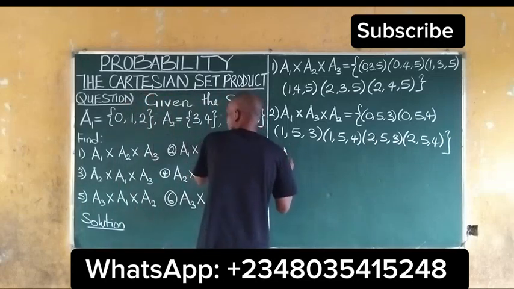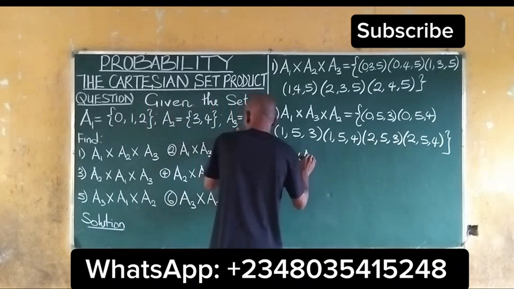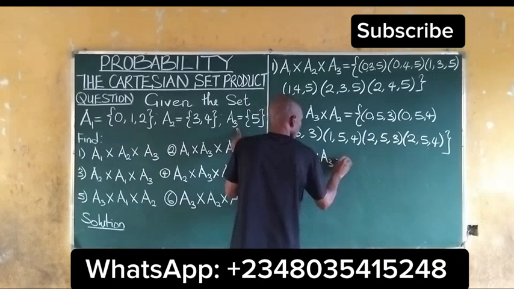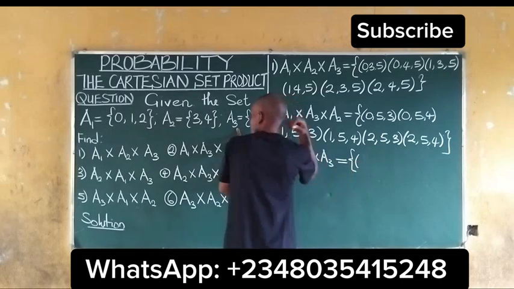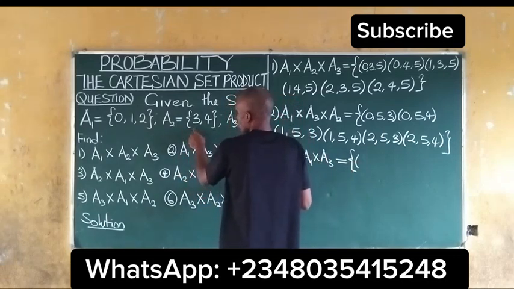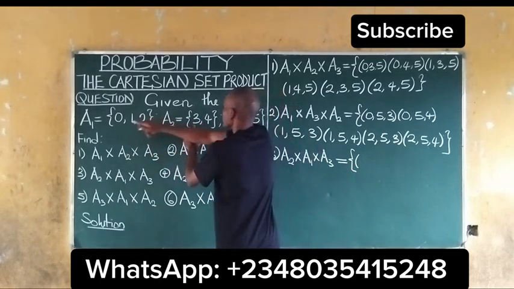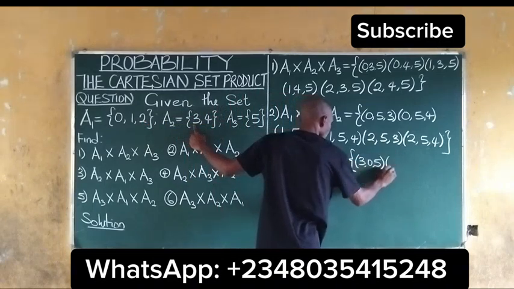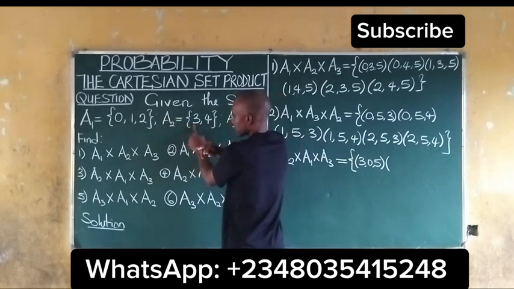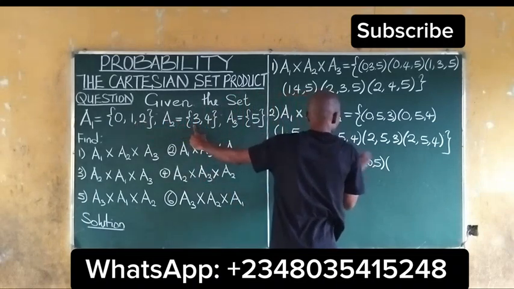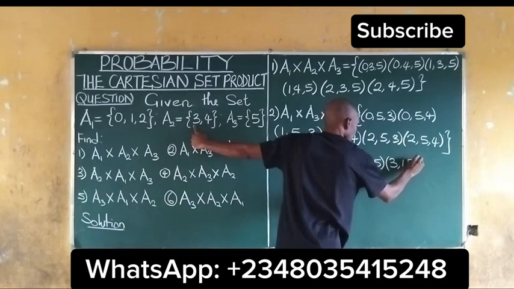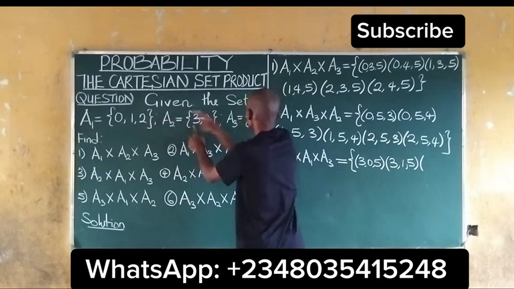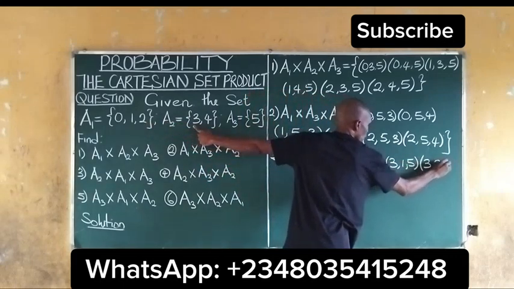So we have A2 multiplied by A1 and multiplied by A3, which is equal to (3, 0, 5), (3, 1, 5), (3, 2, 5),